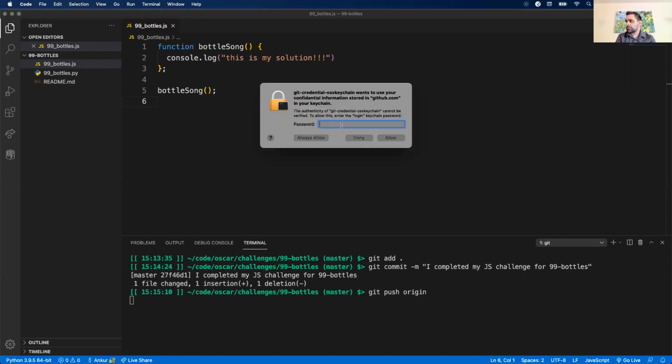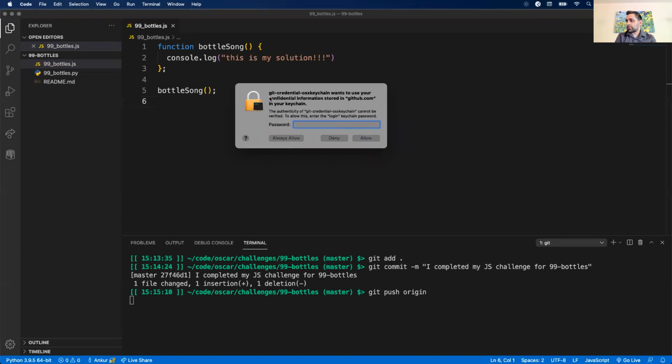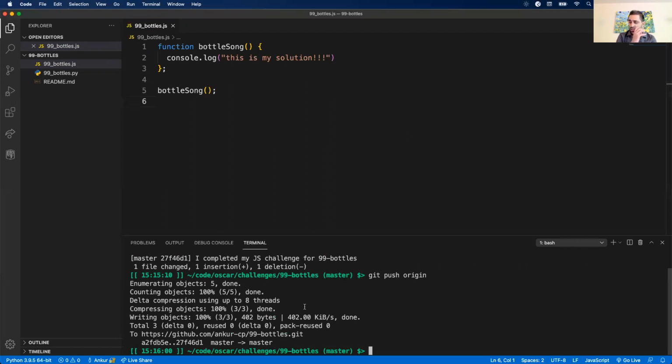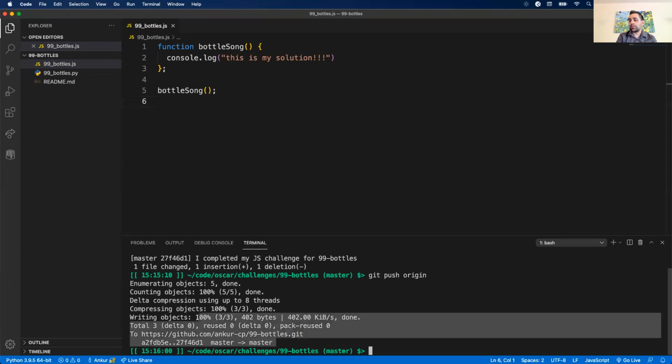Apparently it needs my credentials, which I'm actually surprised by. All right, this just threw me for a loop. Okay, apparently I need my local password there. Apologies, you guys shouldn't see that pop up, but I did git push origin, basically committed all my changes to